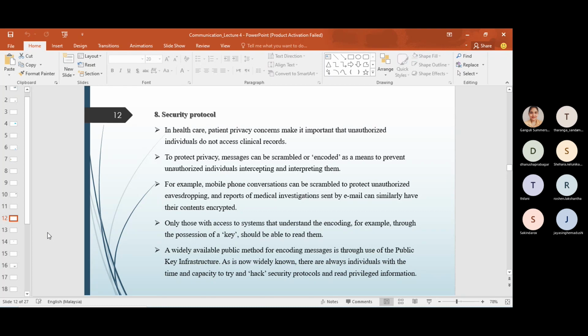Okay, so this statement is password protected. So only if you enter your password, you will be able to access it. I think you might have received those password protected documents. The same thing applies to the health and social care sector as well. If you are a health and social care worker, and if you send personal, very important